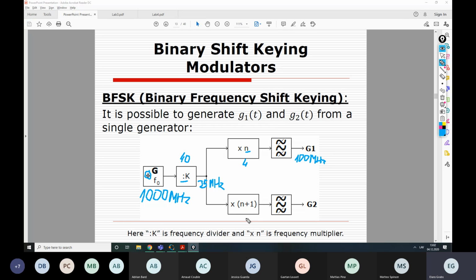And here we will multiply by 5, which is 4 plus 1, and have 125 megahertz. So that way we have obtained from a single source 2 different frequency values. And that's actually how it's working in our devices, including your mobile phone, because mobile phones can use a very large number of different frequencies, and you need to convert frequencies from a single source. So basically, that's where we are using so-called frequency